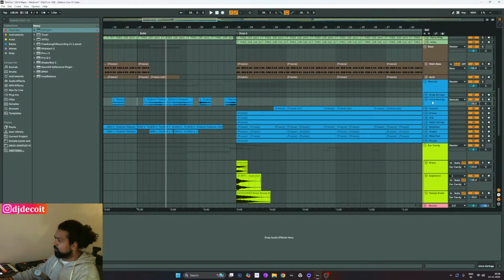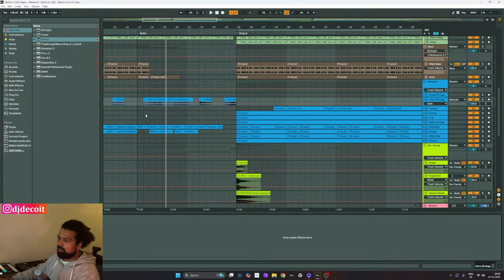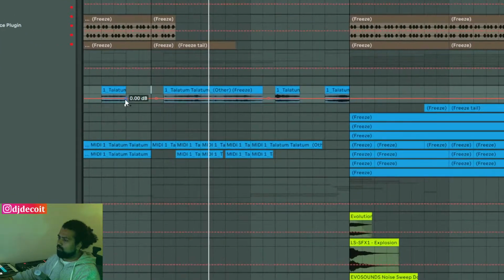I think we would also need some sort of automation because I can see it's much louder here and not so loud here. We can also go directly into the clip and increase its gain, but I think we can also get it done with automation, and it might not be visible to everyone. So yeah, that works. And we can just raise this by, yeah, we can just use shift to